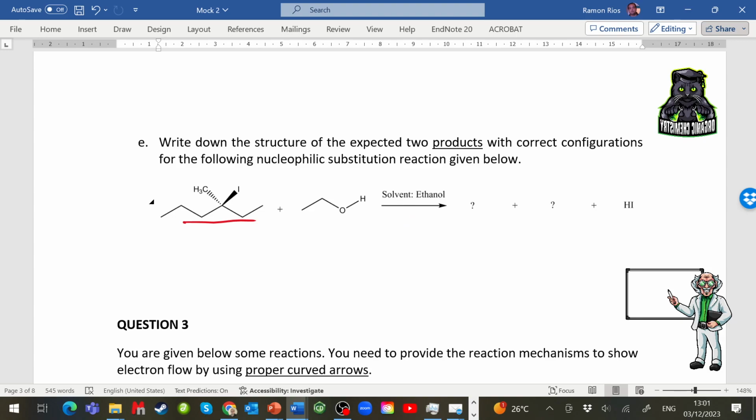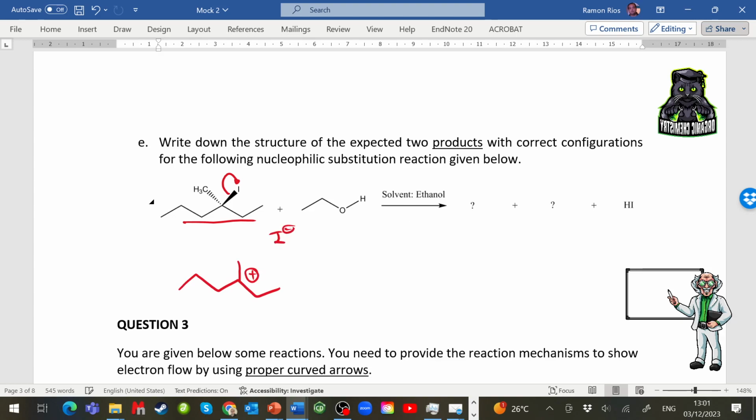That means that the only option that we have is to do SN1. That means if it's an SN1, the first thing is the leaving group is departing, and what we generate is this